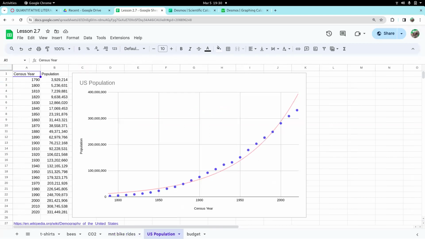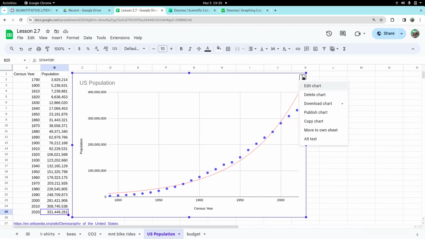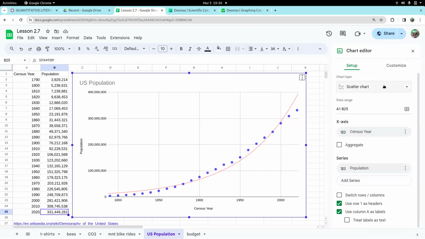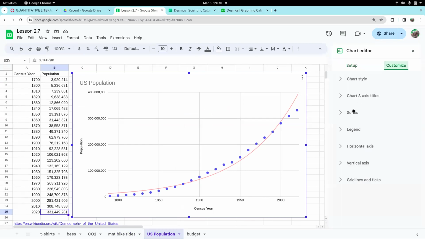US population. We've been collecting population. The US Census Bureau does this every 10 years. So I went out to the Census Bureau and grabbed some population numbers for the United States up to the last census, which was 2020. And these definitely don't line up, right? So if I go here and say, hey, show me a line to go with these points,